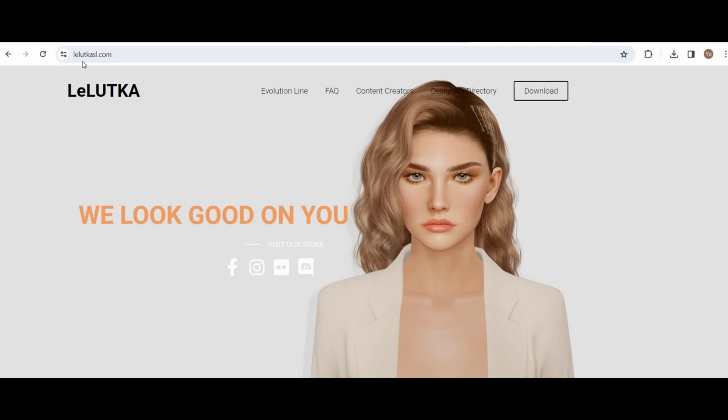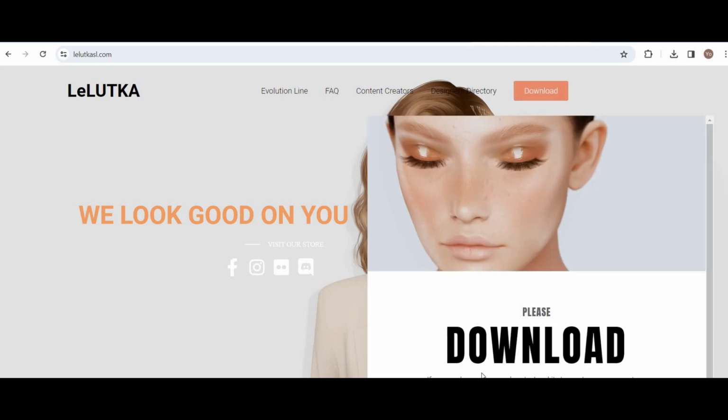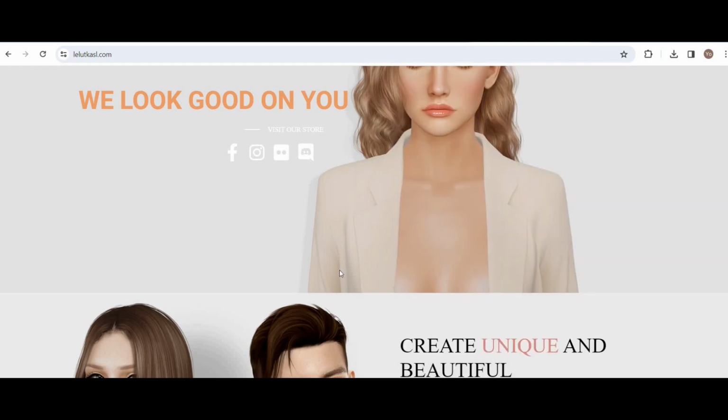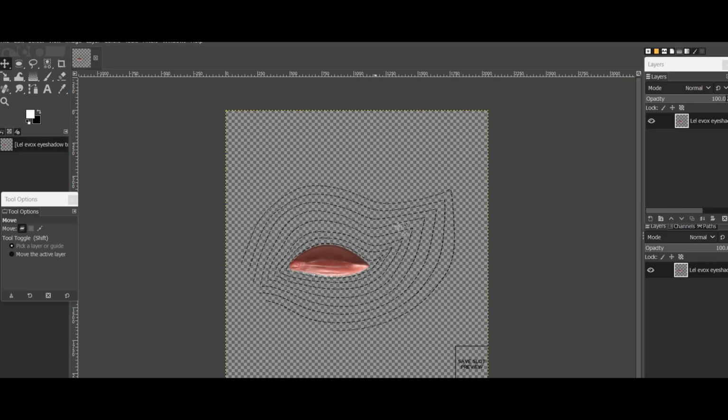So basically you would go to lelutkasl.com, you're going to go to download, scroll down, and you're going to go to the texture kit for Evox. And then once you do that, you're going to find in that box the eyeshadow template. So after you have that loaded and everything into the program that you're using,